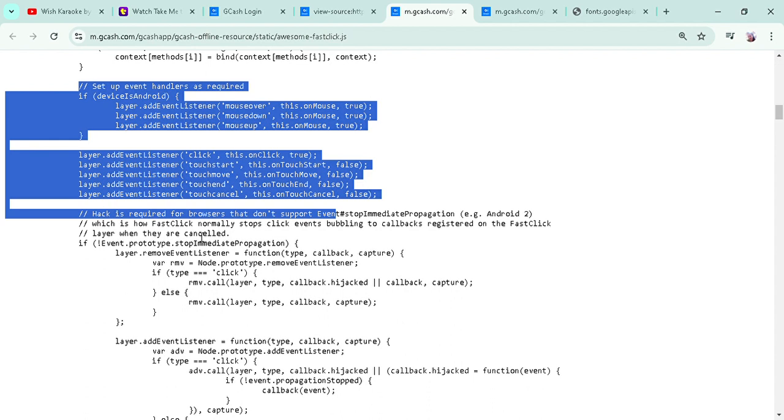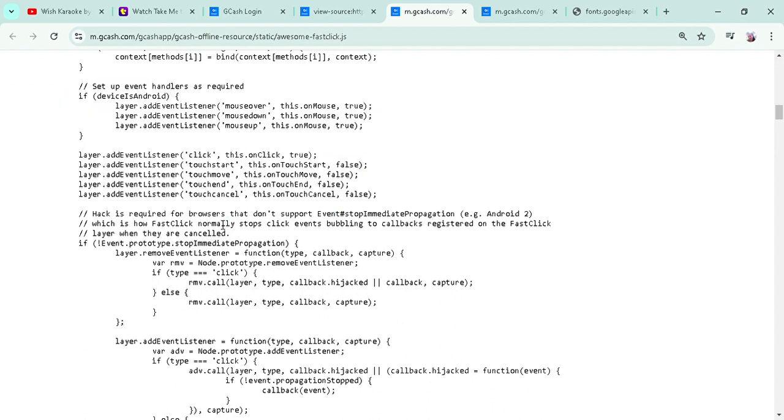Another thing here is, hack is required for browsers that don't support event stop immediate propagation, for example Android 2, which is how FastClick normally stops click events bubbling to callbacks registered on the FastClick layer when they are cancelled. So if the statement is event prototype stop immediate propagation.